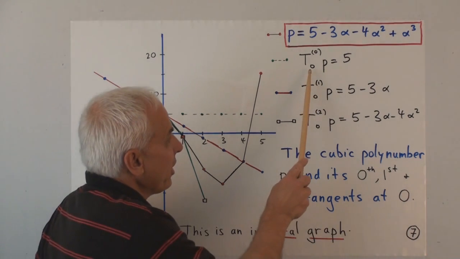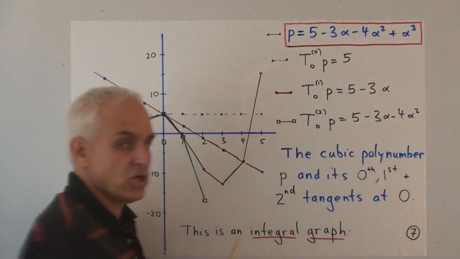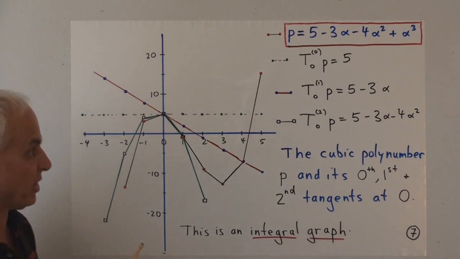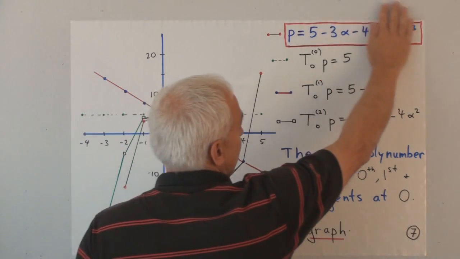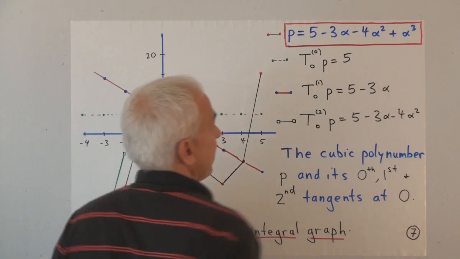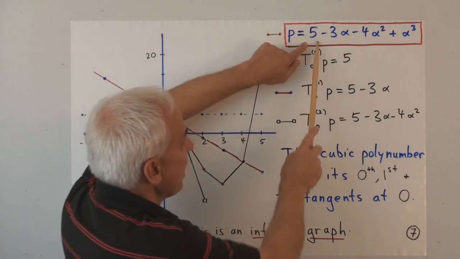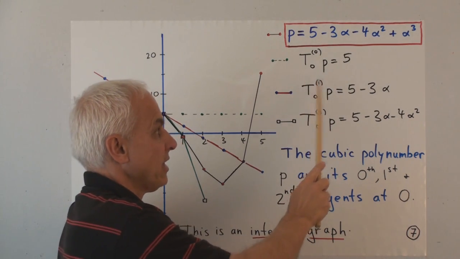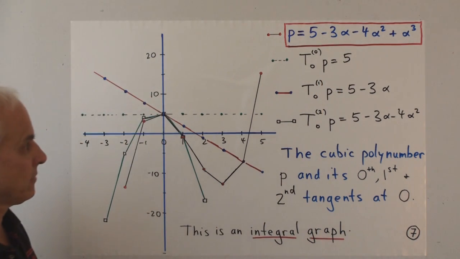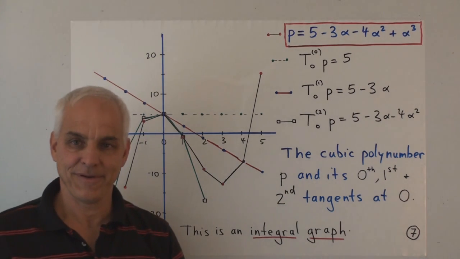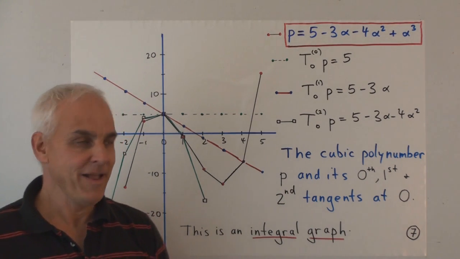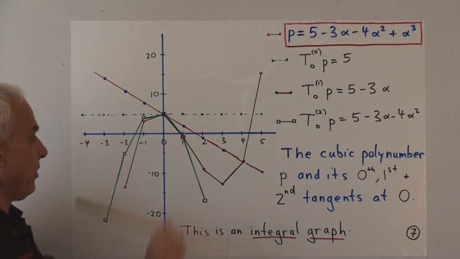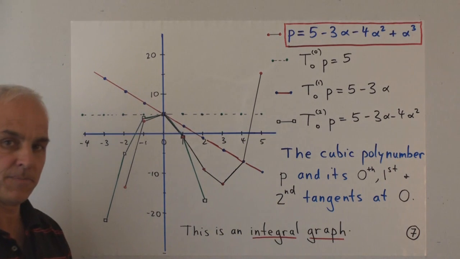Okay, let's consider the various tangents to this at the point 0. Those are the simplest to read off because they just correspond to truncating this expression in various ways. The simplest truncation is when we ignore all of those things and we just get the 0th tangent at 0, which is just 5. Well, that's also a polynumber or polynomial, and we can plot it also. It's very simple to plot. It just turns out to be this line.